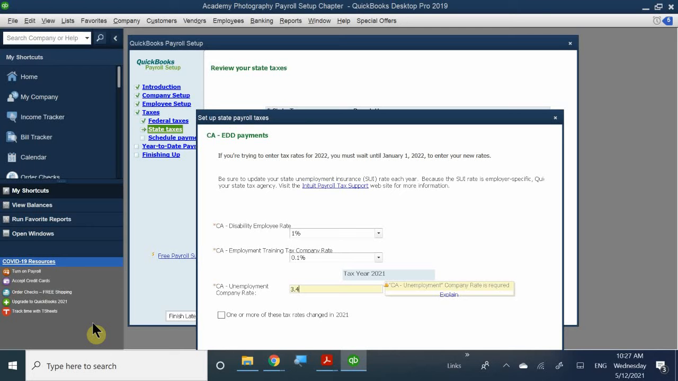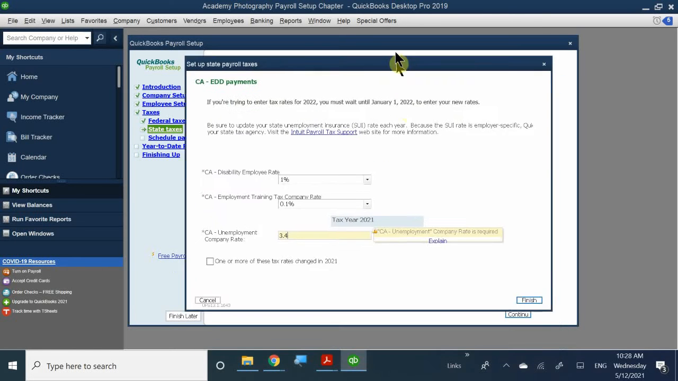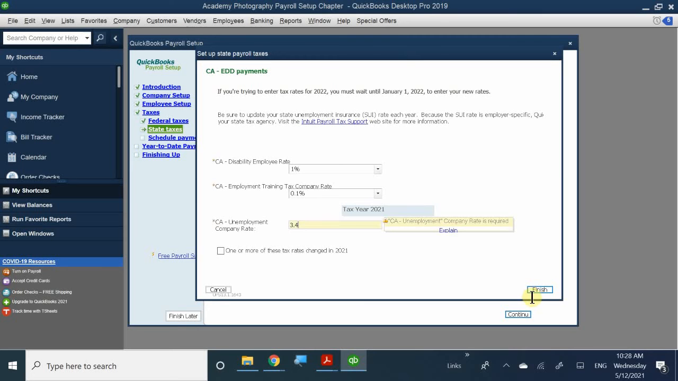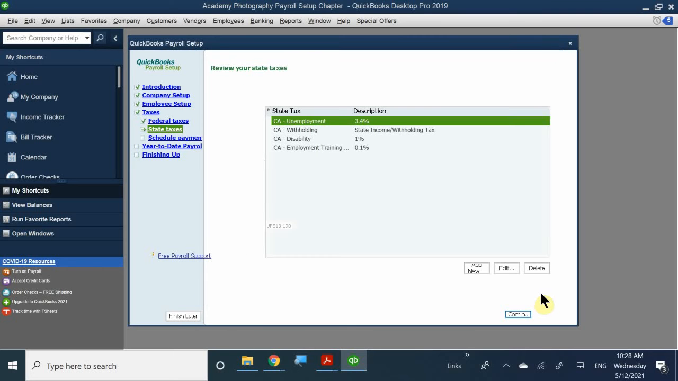Okay. And then you can go ahead and click next or finish. Okay. And there we have it. That's the only one that we had to just edit as far as that. But yes, so as you go through each one, make sure that it is going to be